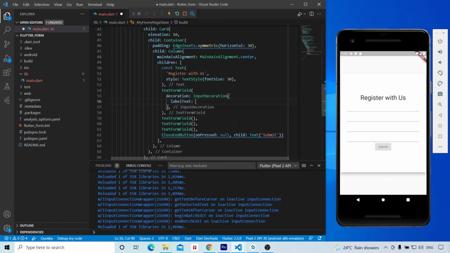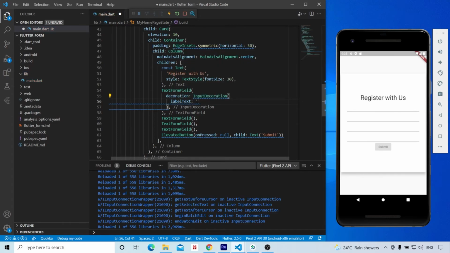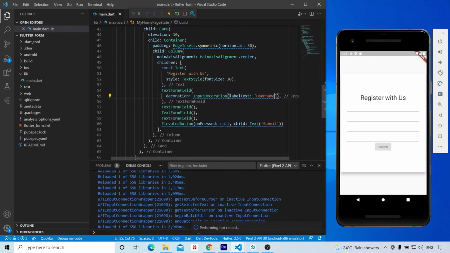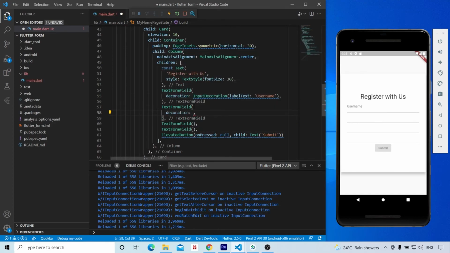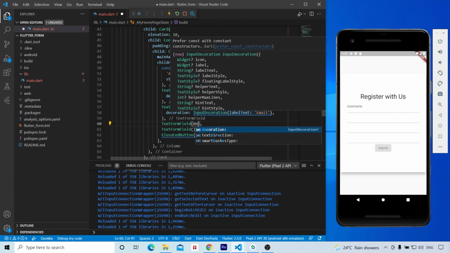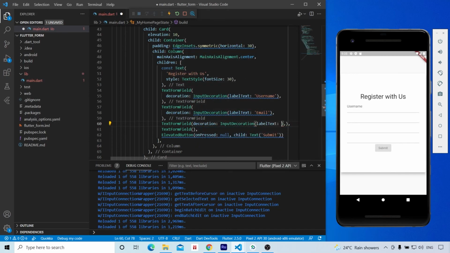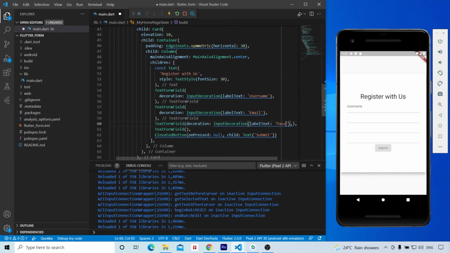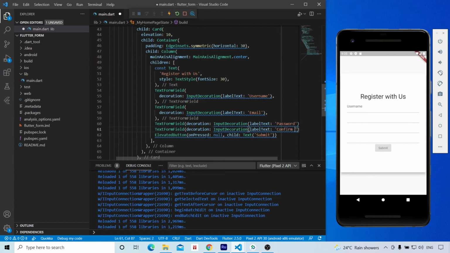We give an InputDecoration class as its value and enter the label text. Like that, add labels to other fields also. It is possible to extract this InputDecoration class as a constant and reuse it, but we are not doing it here.